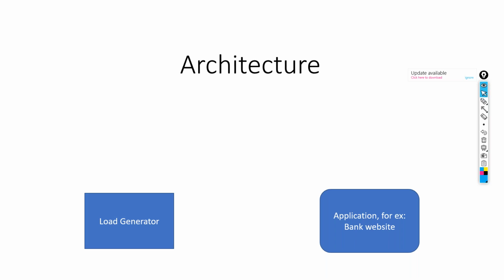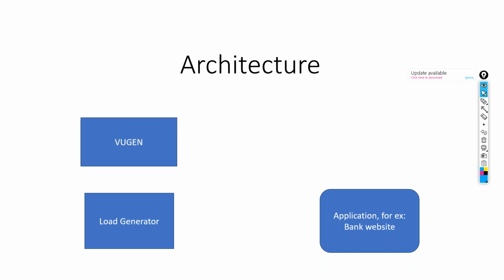Now what this load generator will do, this load generator will generate or simulate virtual users for me. Okay, it can be 100 or it can be 500 or it can be 1000 or it can be 10,000, whatever it is. So these load generator machines will generate the virtual users for us, and these are highly configured machines, like 16 GB RAM or whatever it is. And depending on the protocol we use, each load generator machine may generate up to 500 users or 1000 users or 1500 users. It depends on the configuration. Okay, so this particular component will simulate or generate virtual users for us.